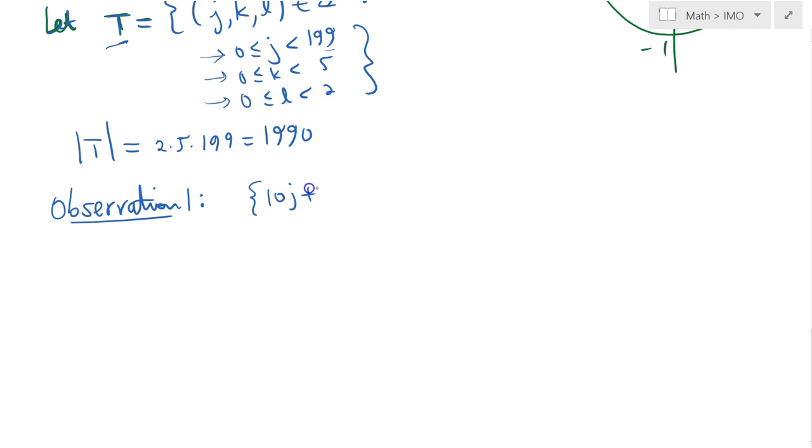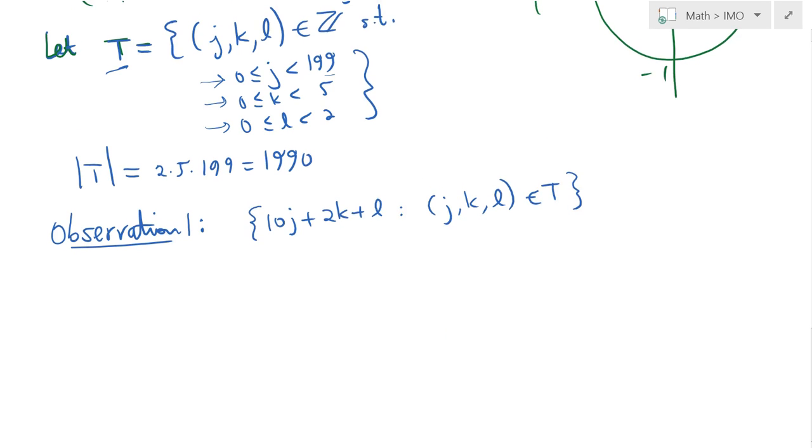The set 10j plus 2k plus l, such that j, k, and l are in T. Now my question is, what is this set equal to? And let me give you a few. If you would like to, you can pause at this moment, because this is a very important observation. So I assume you guys paused it, and now the answer is